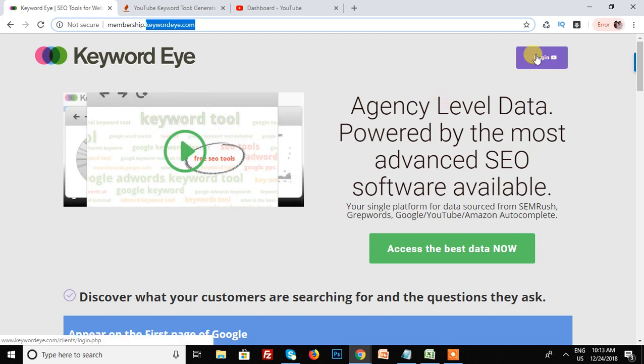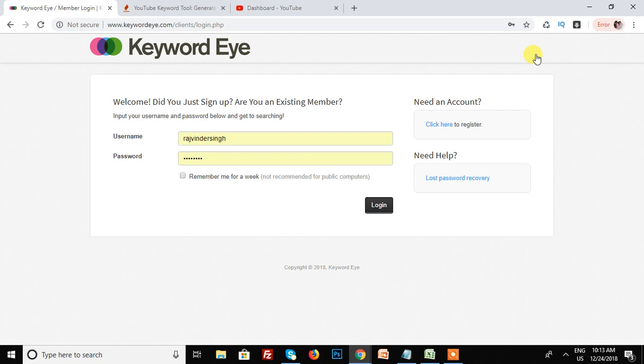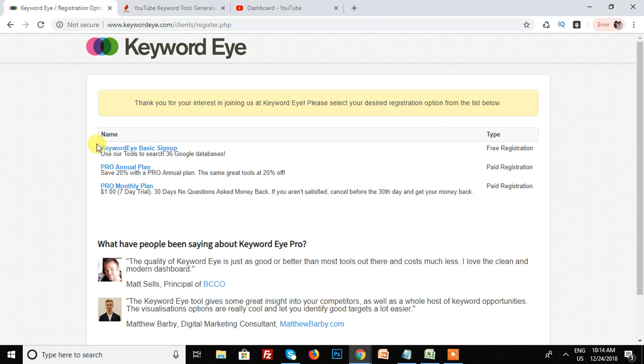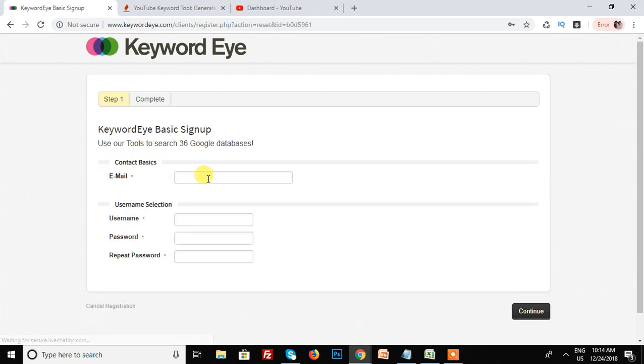Then continue to log in. If you are already a member, enter your username and password. If you're not, click on register. There are three options: Keyword Eye Basic sign up, Pro annual plan, and Pro monthly plan. I'm using the free sign up, and it asks for an email ID.